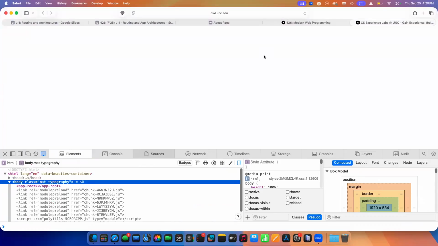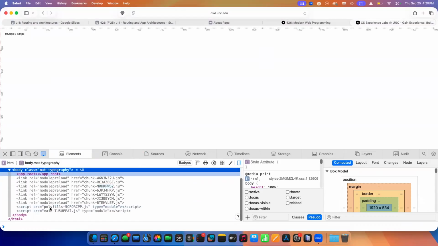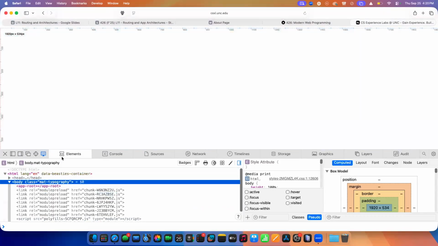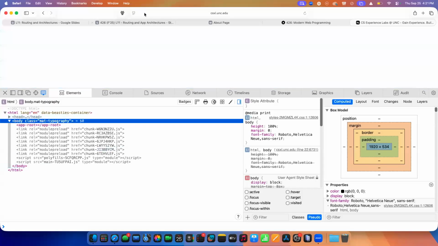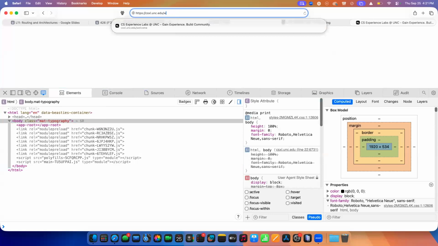And so you'll see that, again, nothing is actually visible to the user. And we also have nothing really in our body. So you can see here we have no title. We have nothing else because we're on our home page. And if you compare this HTML to all the HTML for all the various pages, so like if I went to the About page of the CSXL website, so I change from welcome to about,